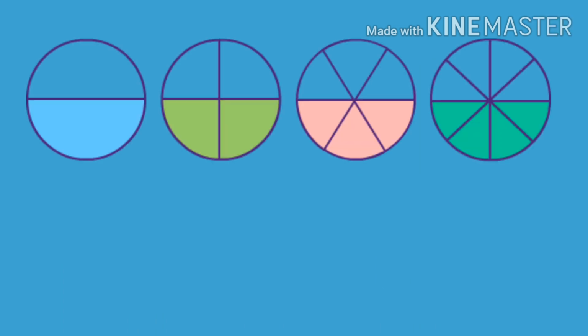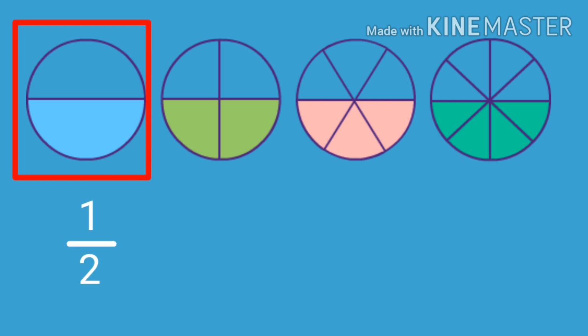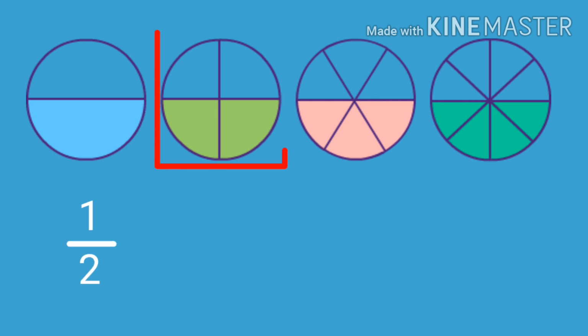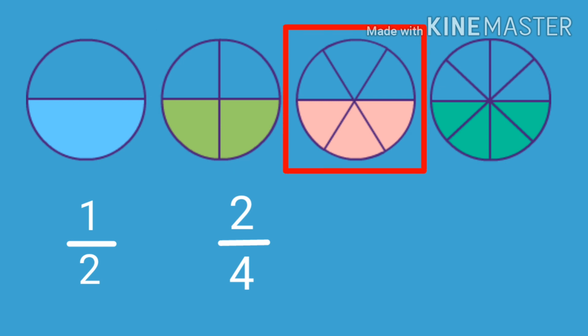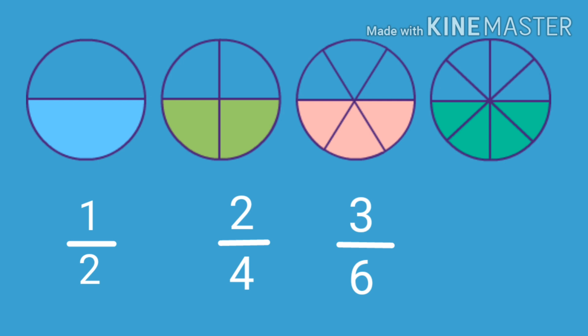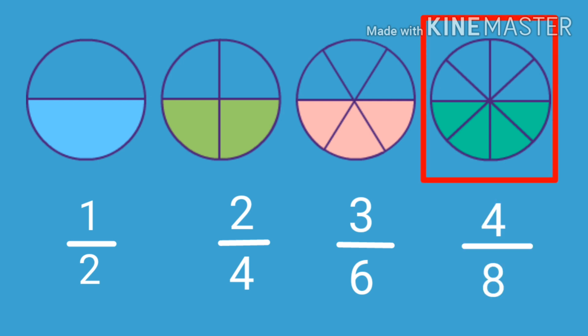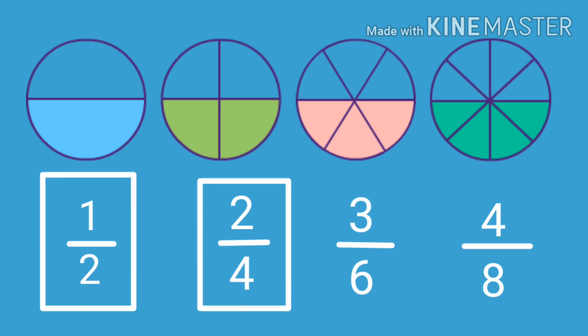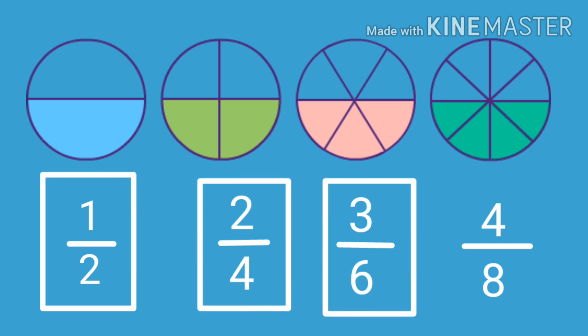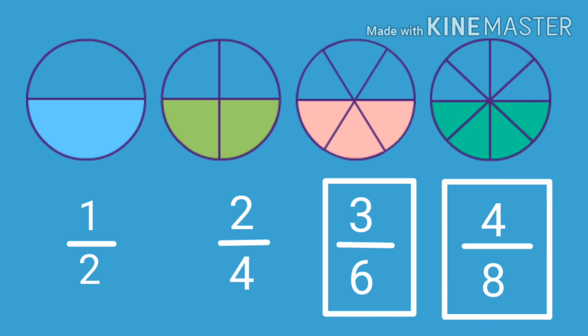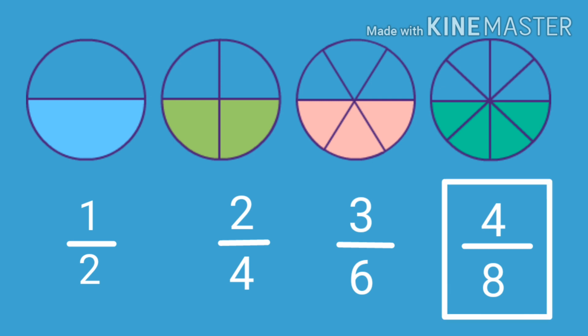Let us consider 4 circles. Divide the first circle in 2 equal parts and shade 1 part. Divide the second circle in 4 equal parts and shade 2 parts. Divide the third circle in 6 equal parts and shade 3 parts. Lastly, divide the fourth circle in 8 equal parts and shade 4 parts. Here we can observe that the same part of the circle is shaded in all the figures. Thus, 1 by 2, 2 by 4, 3 by 6, 4 by 8 represent the same part of the circle